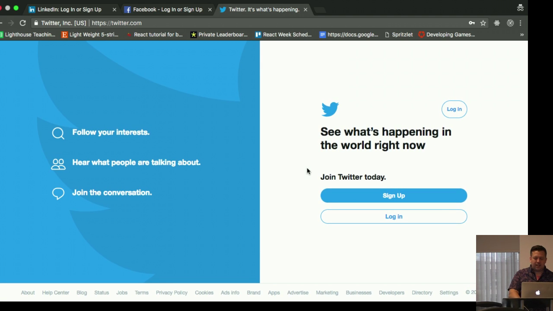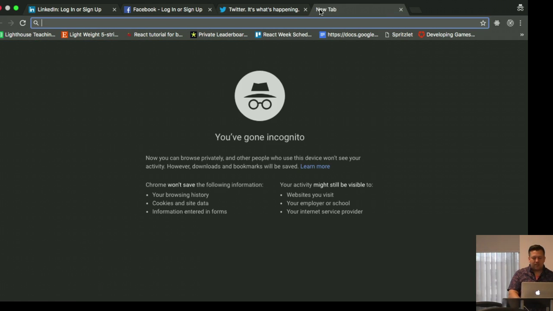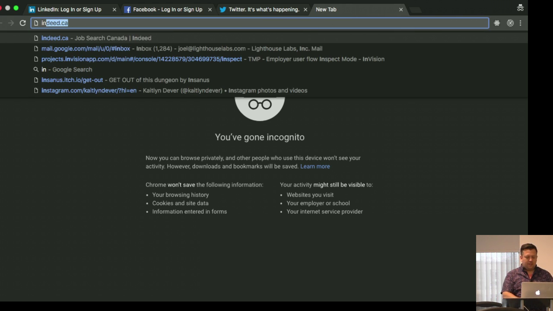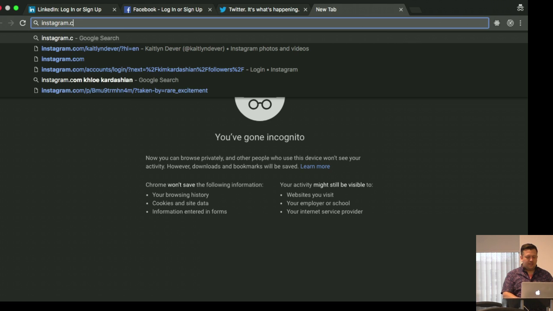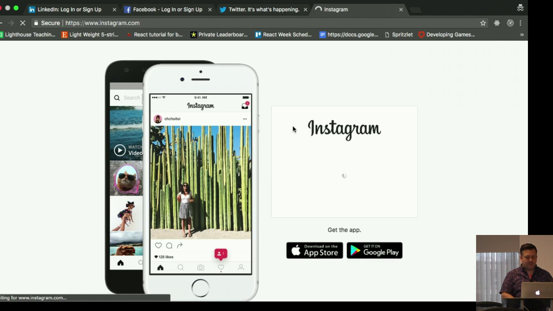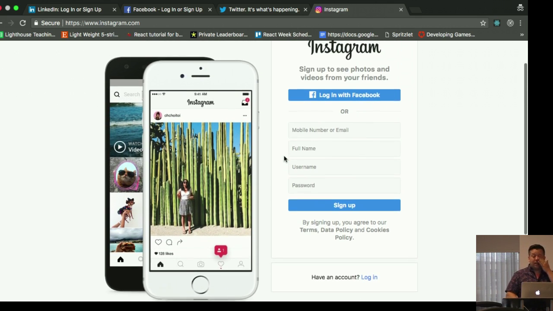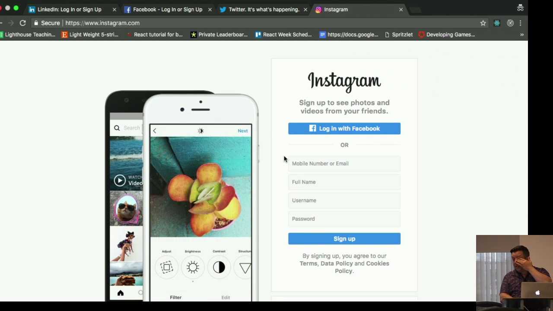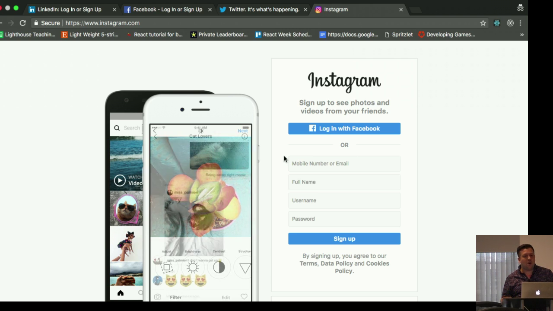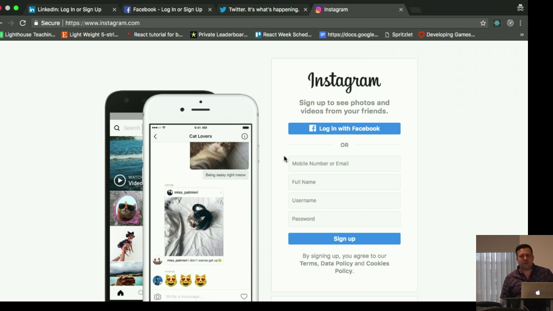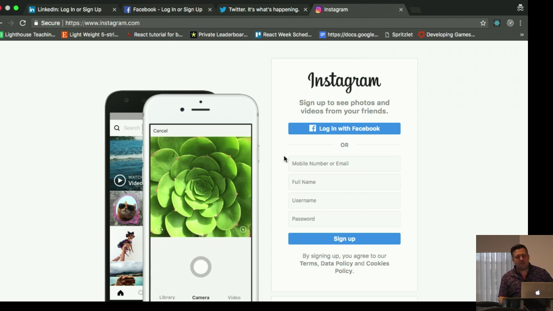Right, sign up, log in. These sorts of things. There's another one. Instagram, right? Log in with Facebook, sign up. So for these, part of their big thing is like, I can't really do much with you until I see who you are. You can see the Twitter feeds of other people. That's fine. I'm not going to redirect you to this. But at the same time,